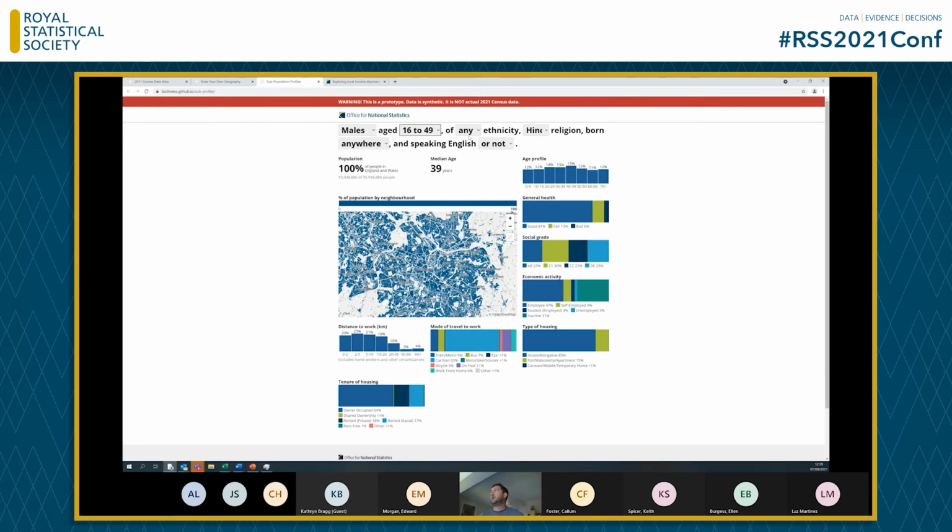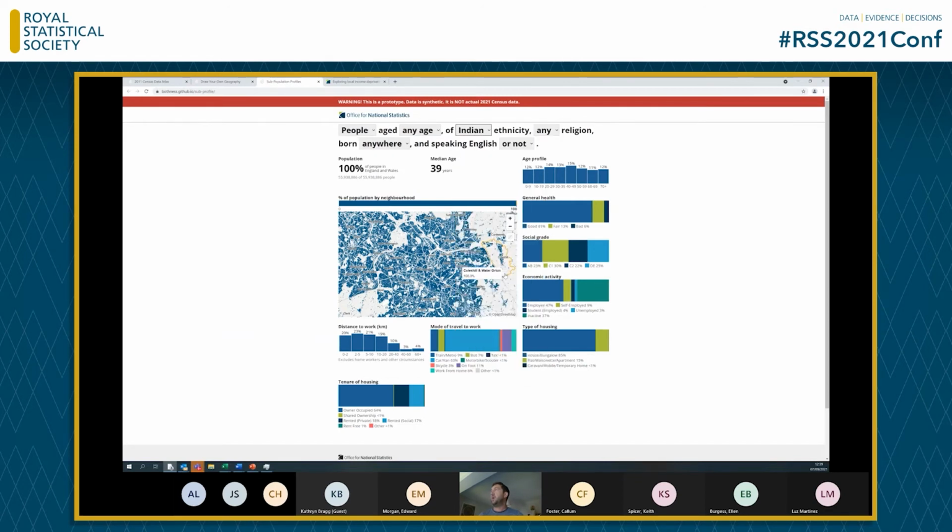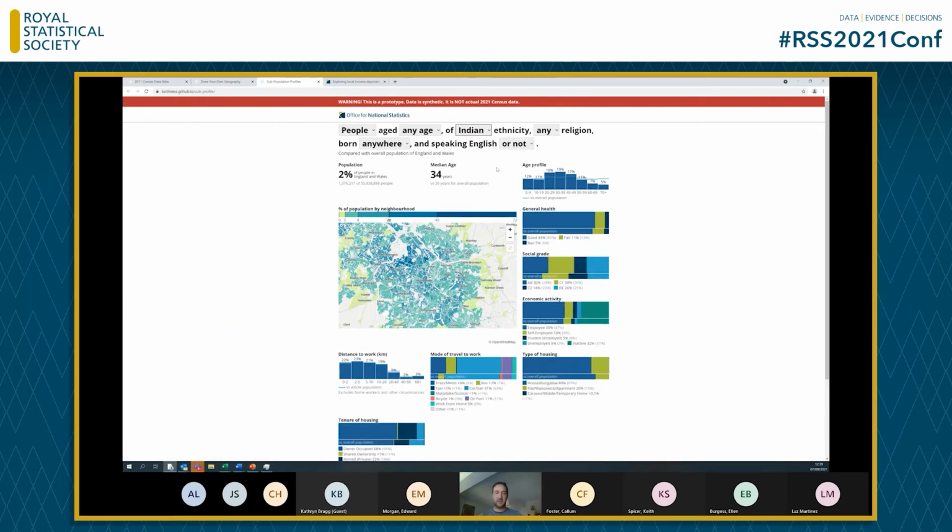Say I was a policymaker interested in males who are of working age, of Indian ethnicity. I wanted to perhaps understand how life outcomes for that group compared against the overall population. You can see as I make selections, it's querying the data live and generating these charts. The top stacked bar charts compare against the overall population, and we can see how this group